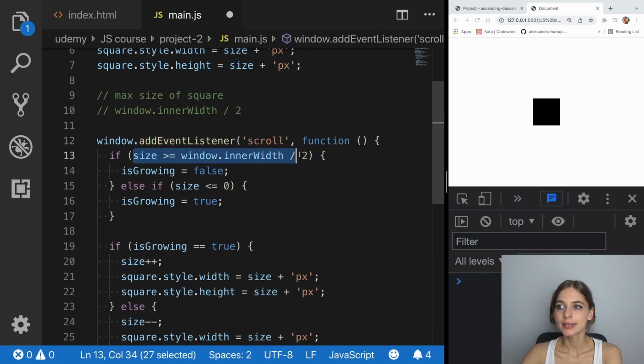The condition is that I want the size of the square to grow as long as it's going to reach the half size of the window. So as soon as the size is bigger or equal to window inner width divided by 2, it's going to reach half, so it's going to reach its maximum size. When it happens, this condition is true for a fraction of a second,